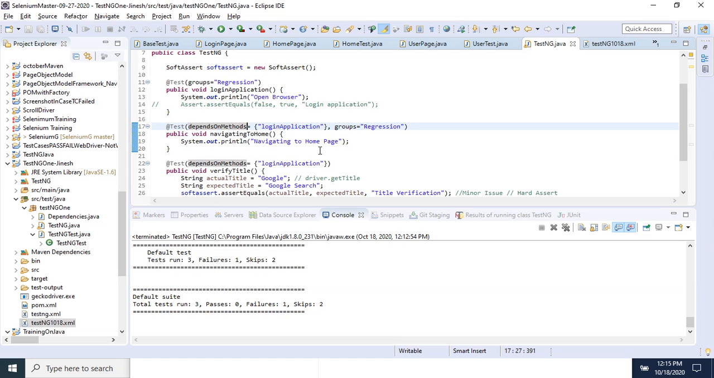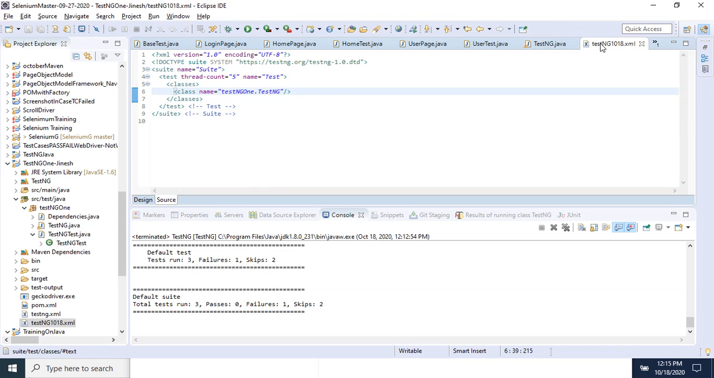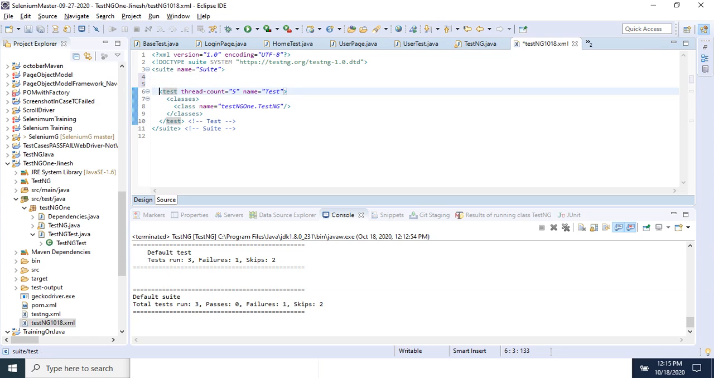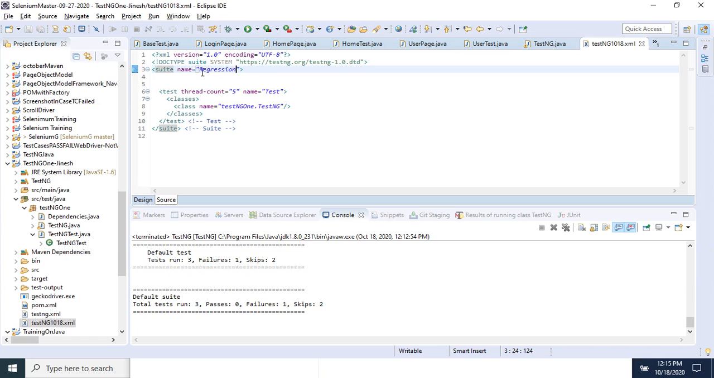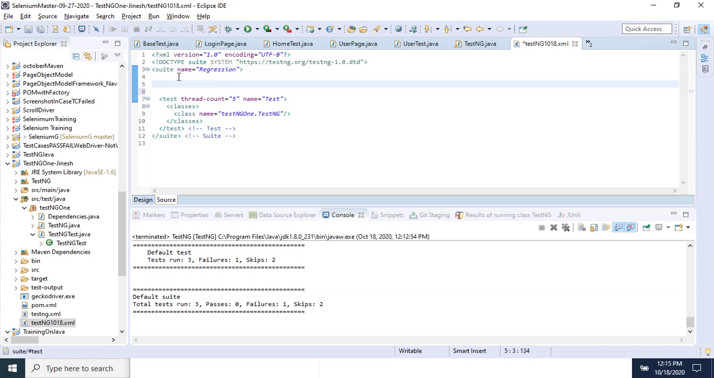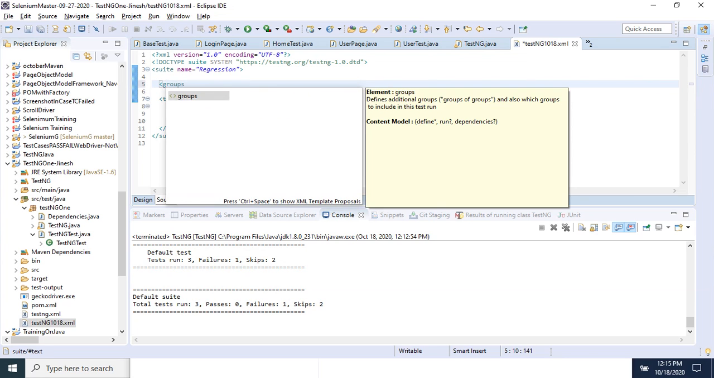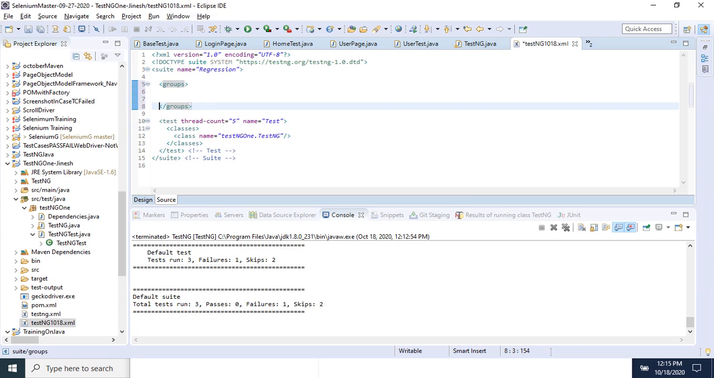So what I can do here is I will just go to my XML. In XML, I will not touch this part. I will not touch this part. I will just hit enter, because see, all this is coming under my suite. I can give anything here. I can say regression suite. So name, it's up to you, whatever name you can give here. And now if I say groups is coming there. Now if I say run